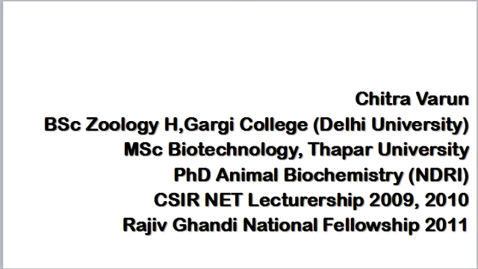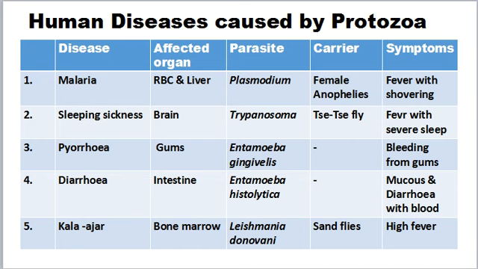Now move on to the protozoan disease. First we talk about malaria disease. Malaria is a life-threatening mosquito-borne blood disease. So the first question that arises here is, which organism causes malaria? Malaria is caused by the Plasmodium parasite. This is a protozoan parasite which causes malaria, and this is transmitted by the bite of an infected mosquito.